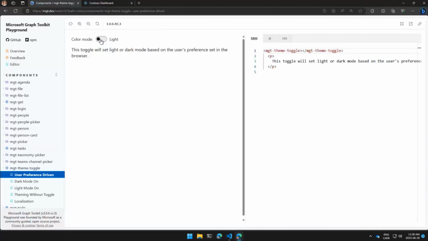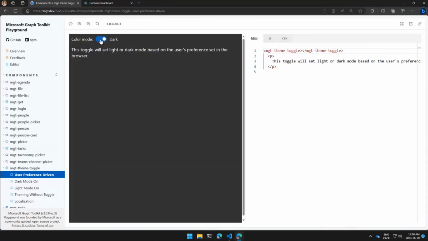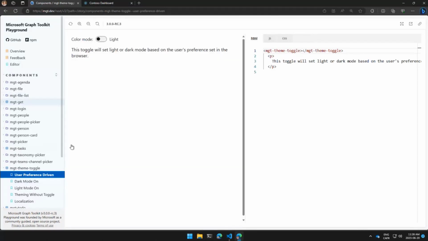And every single component within a scope, is it the page? Is it an area of a page? Is it a specific component? You decide, will automatically turn light or dark based on this. So you're going to see that now all of the stories we have in our Storybook have this component top right. So you can see them in both dark and light mode all the time. Well, that's really what it does.